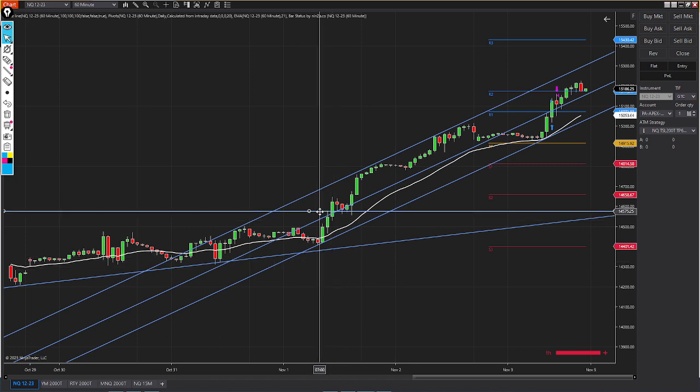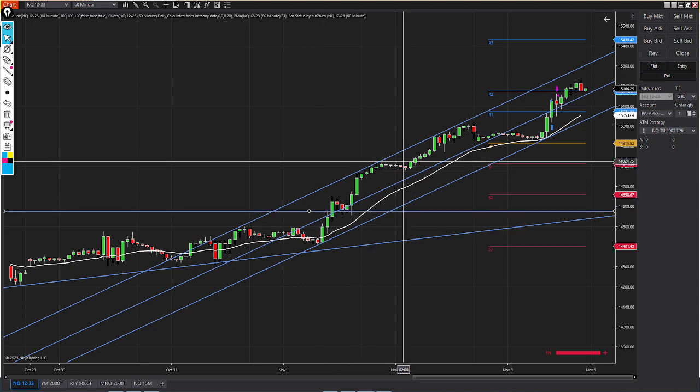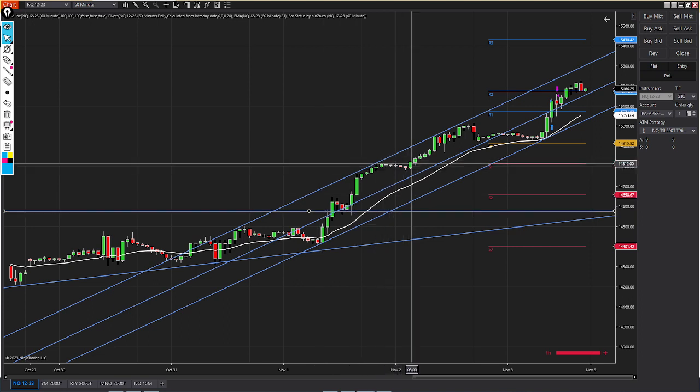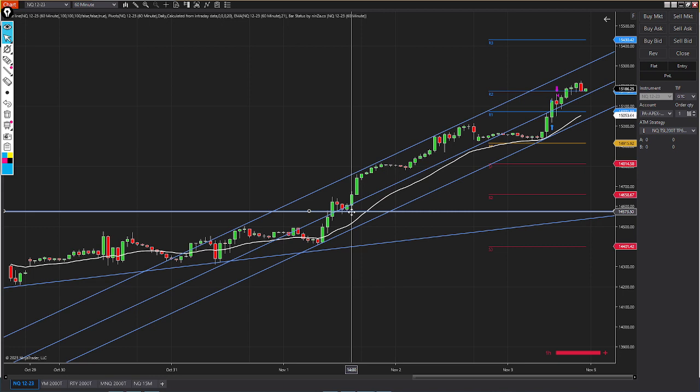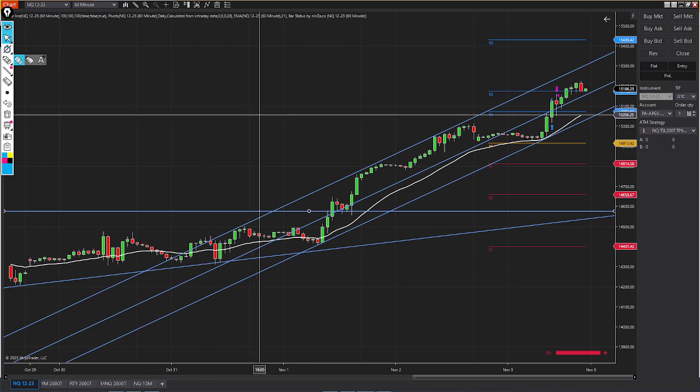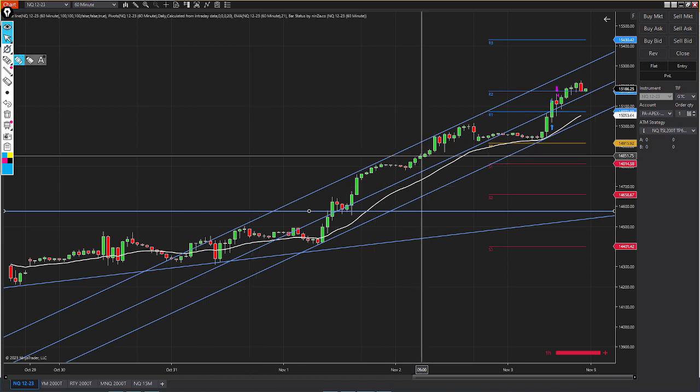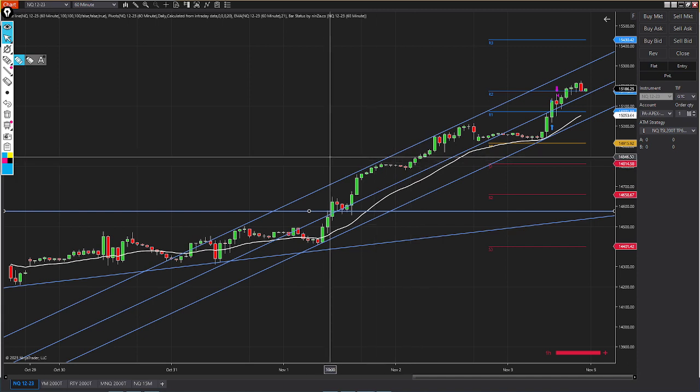So let's say you are in a position right here, and price keeps moving up and you keep holding and holding. Where is your exit, right? Well, for $500 it's probably somewhere up here, you've got to exit. But if you are trading on your own money and you want to hold on for as long as you can,